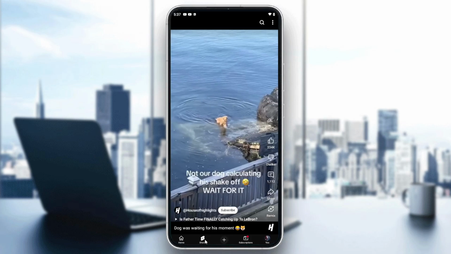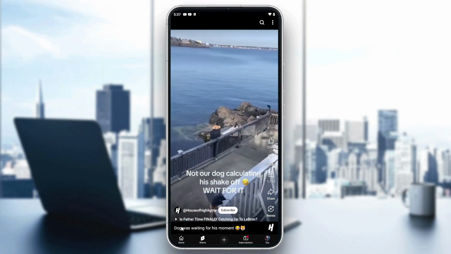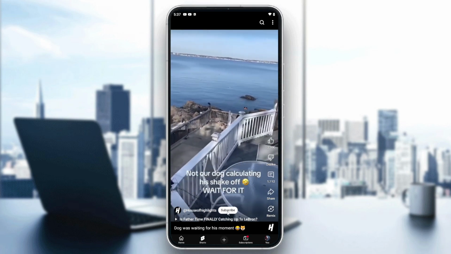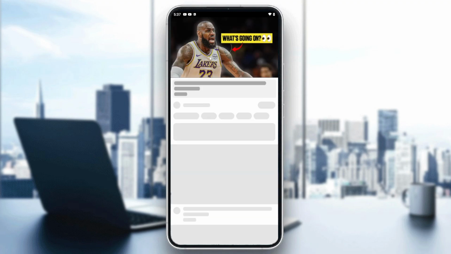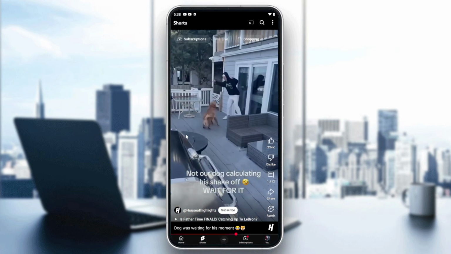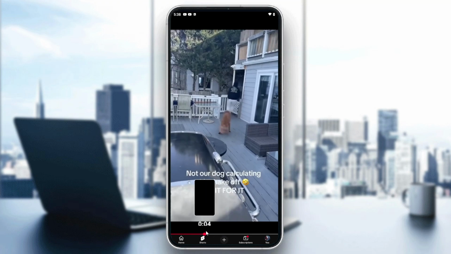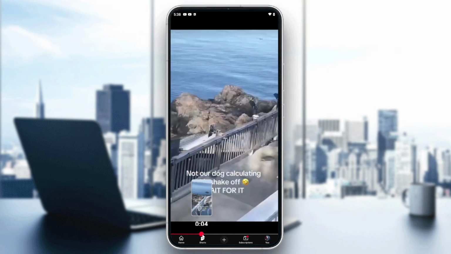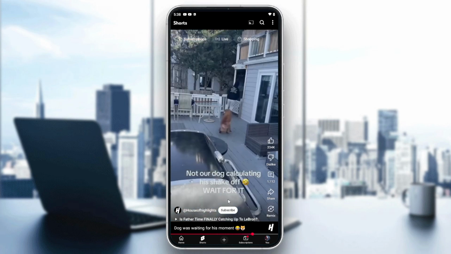All you need to do is just to go to the Shorts by going to the Shorts tab, and basically here we can see that there is no playback bar, but when you stop the Shorts you will see that there is another playback bar that will be appearing, and by that you can start fast forwarding or you can go back or skipping the